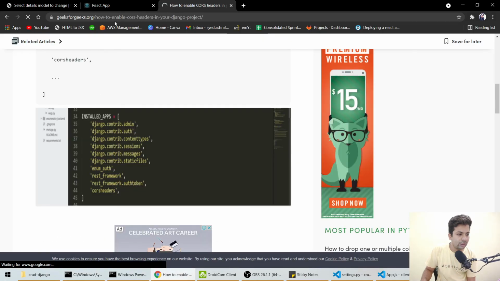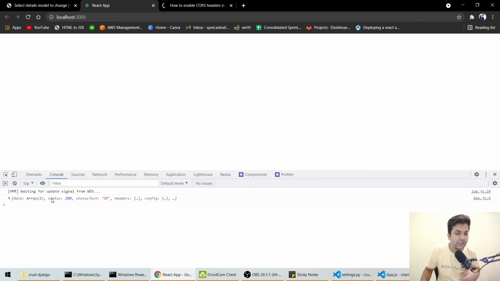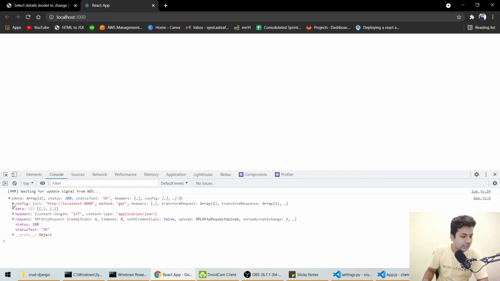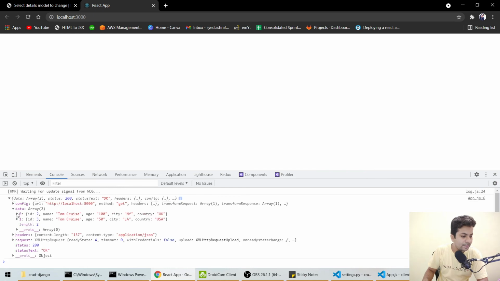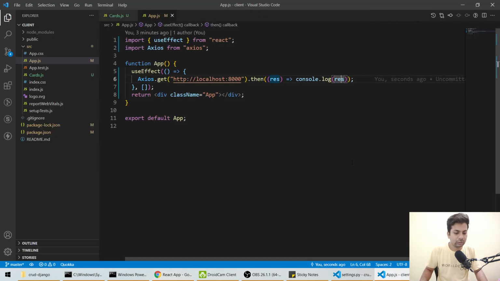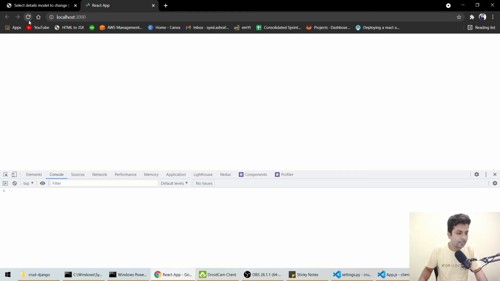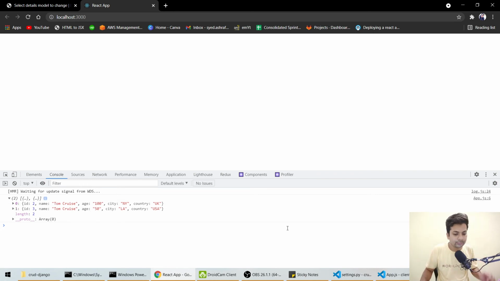Now we'll get here and check again. See, now we got the data, because the CORS policy was not enabled before. Now we go to data, and then to array dot data. We have the array: index 0, id 2, id 3, because id 1 we have already deleted, obviously. Let me print dot data also. Okay, so you can see the array. We have to loop over this array and show it.